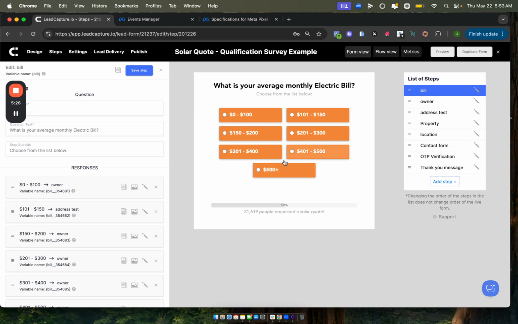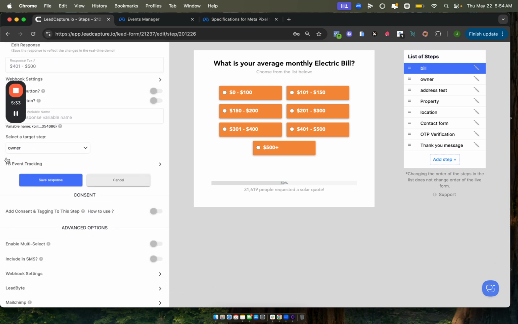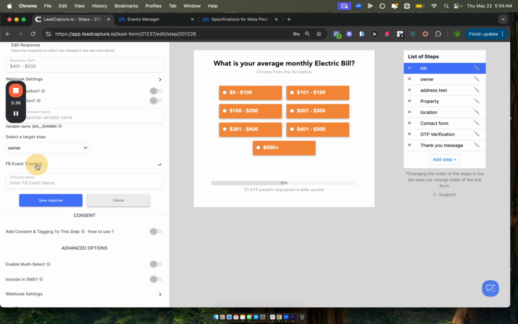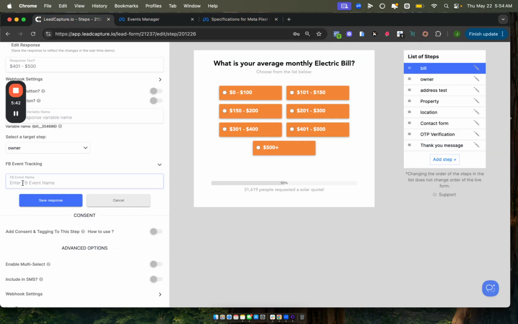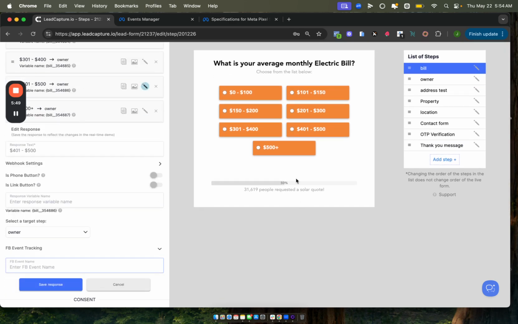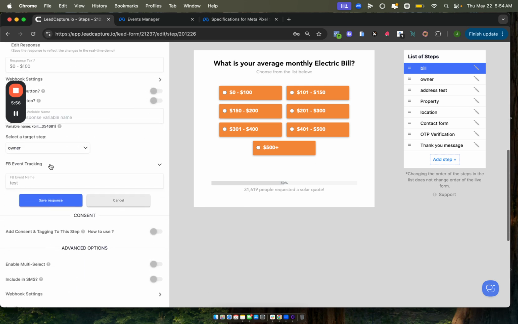So I can go in here, and then I could go to 400 to 500 plus, click on the little pencil, and then you'll see there's this new section here called Facebook Event Tracking, and then you can add in your event name, whatever you want it to be. You could use a standard event, or you can use a custom event, and you could say something like qualified lead, something like that, and click save, and then save up here. And then that will add an event just to this button, but not the rest. And then you could do the same one for this. You'll see in my testing, I actually added an event name called test,